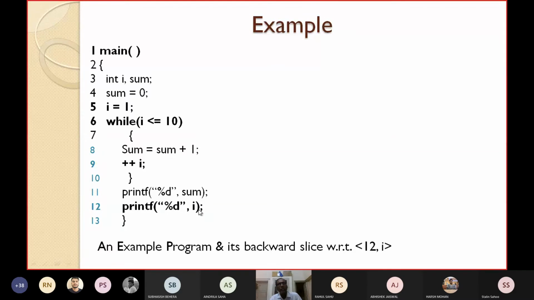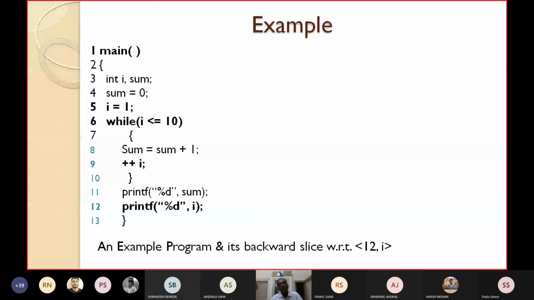Okay. So in order to find this slice, what do you have to do? First, you have to number the statements. How can you number the statements? As you already know, in several compilers, or while you are writing the programs, they are automatically numbered. Otherwise, you have to physically number them. This numbered program is known as instrumented code. So first, I have to instrument the code, I have to number it.